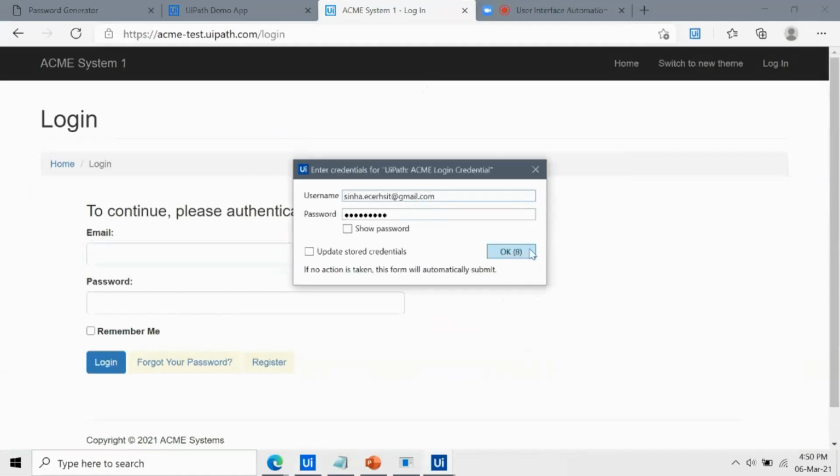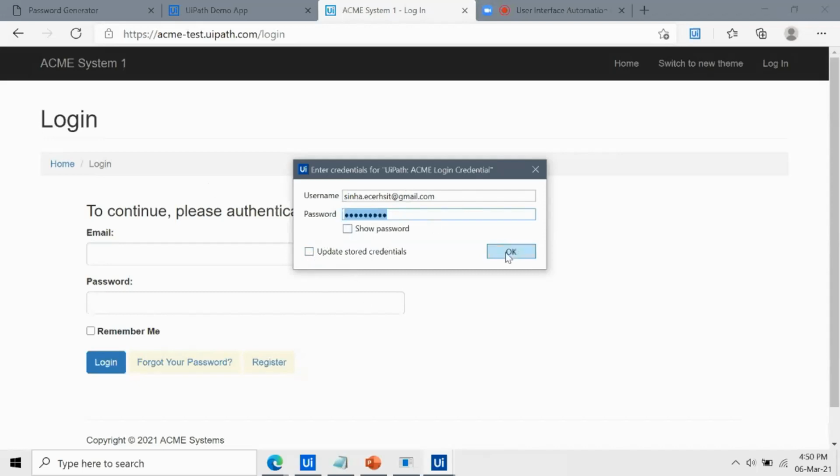So it basically gives a 10 seconds timer as well, where, in case their password has been changed, you can directly change it and also update the stored credential inside the credential manager itself. Okay, so sometimes if you feel lazy to change the password in the credential manager, you can use this activity as well to directly update the password in this credential manager with the help of this activity.